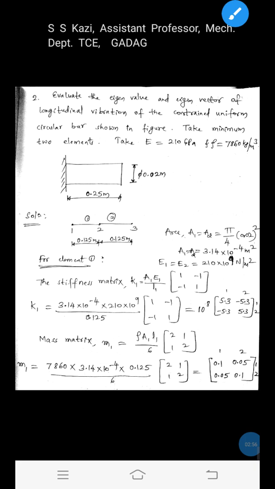Okay, now let us generate the stiffness matrix and mass matrices for both the elements, and let us calculate the global stiffness matrix and global mass matrix as we have seen in the previous video. For the stepped bar problem, we have generated the mass matrices, global mass matrix, stiffness matrix, global stiffness matrix. And we have determined eigenvalues and eigenvectors, natural frequency of the vibration and mode shapes of the vibration for the stepped bar in my previous video. You refer to that previous video so that it will be easier to solve this particular problem.